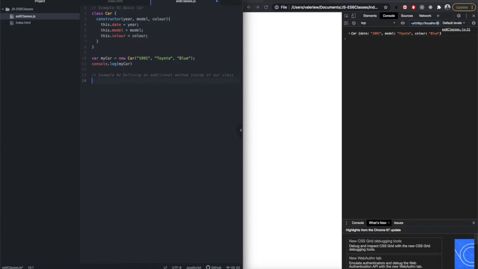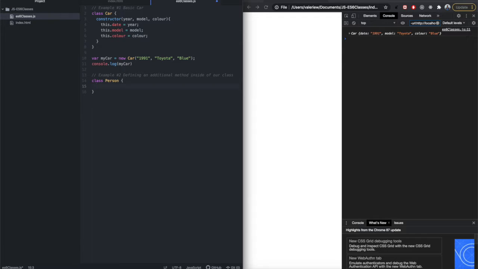Okay, so this next class, and so again, each time we declare a class, we use our class keyword, and then we declare our class name with a capital letter. So in this case, this class name is going to be Person. So it's our class keyword, then the name of our class with a capital letter. This tells JavaScript that we're declaring a class. And then from there, the body of our class